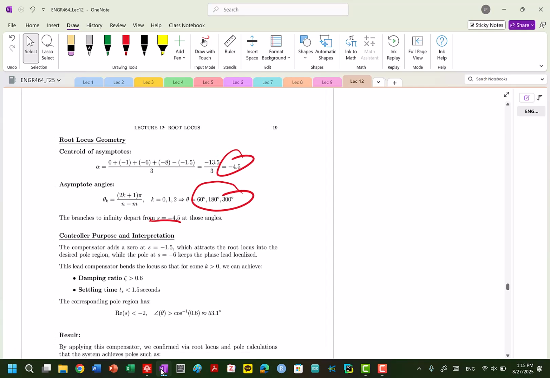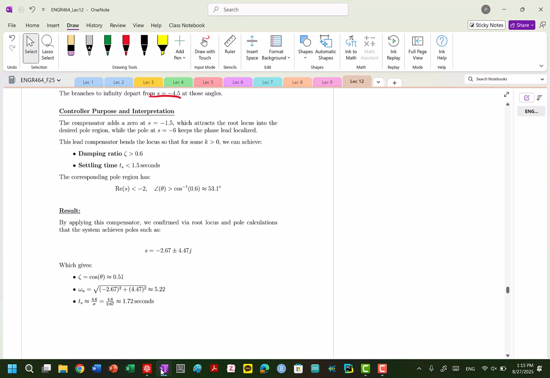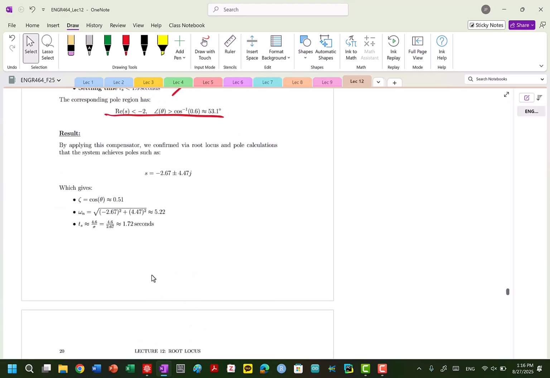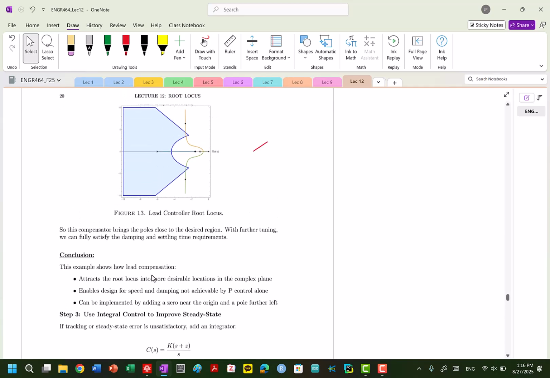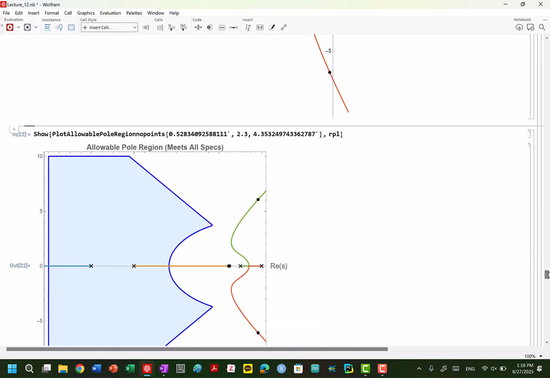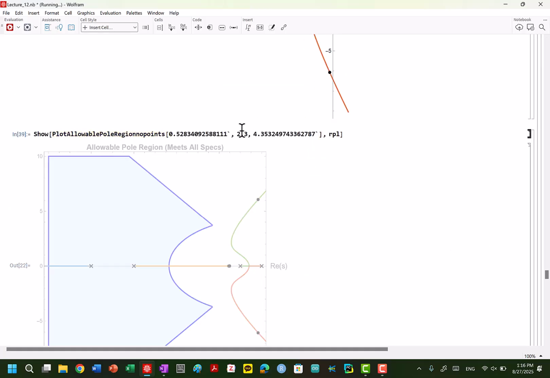So now what we are going to look at is how we interpret it. We have now this 0 here. We have a pole that basically keeps us in that lead localized. And so now for some values of K, we can achieve and actually fit in that zone. We can see these pole regions, and depending on some of the K values, where we're sitting. Now, I'm going to have to fix this later. But we can see this here. If we were to put this in our pole region now,